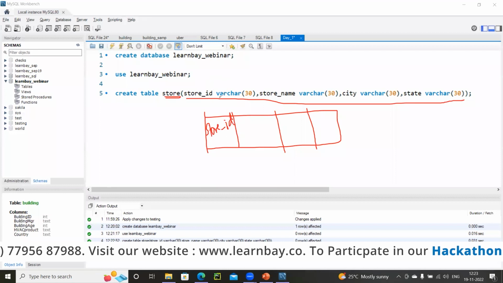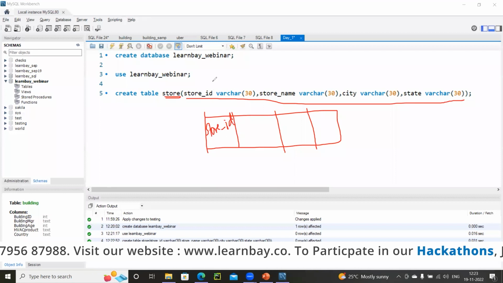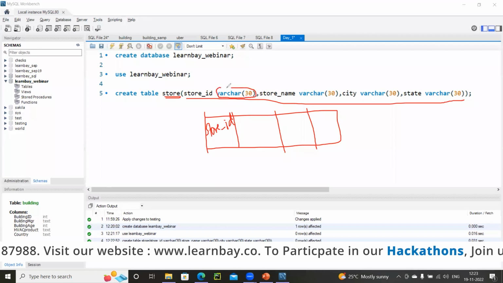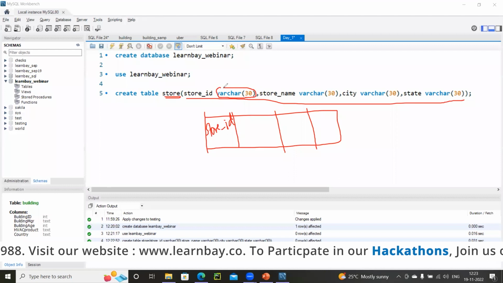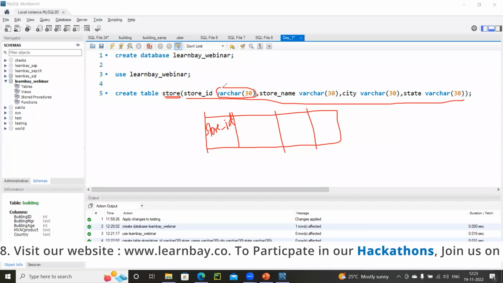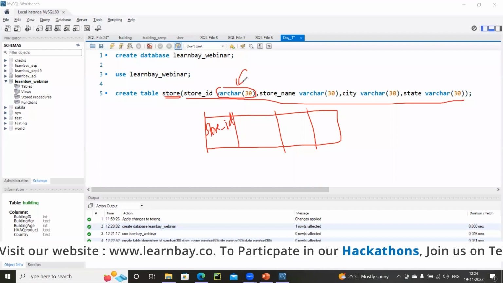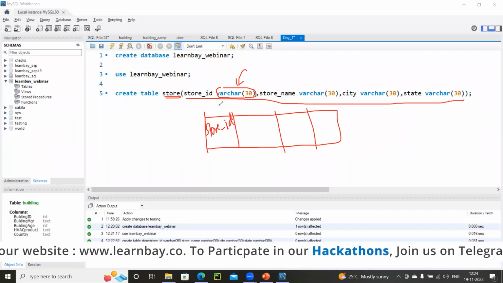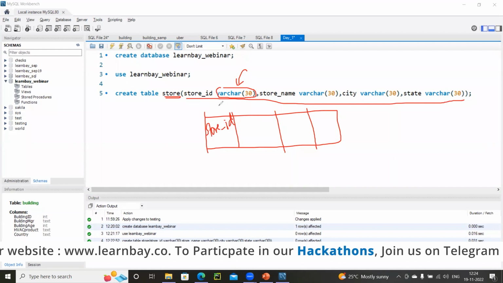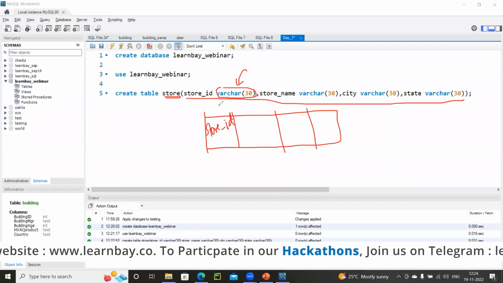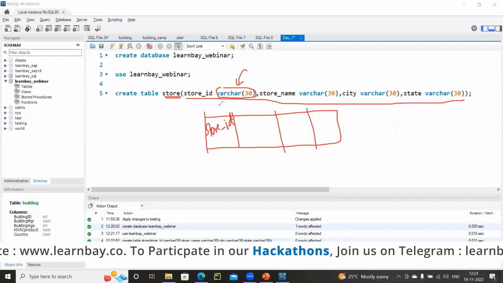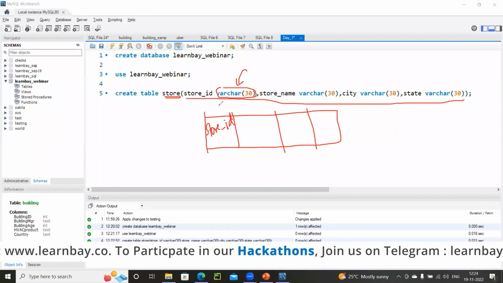After leaving a space, you have to specify the data type of that particular column. What this means is what kind of values this store ID can accept. As I know, store ID will have a mix of letters and numbers. When you have a mix of letters and numbers, it is obviously going to be considered a string.